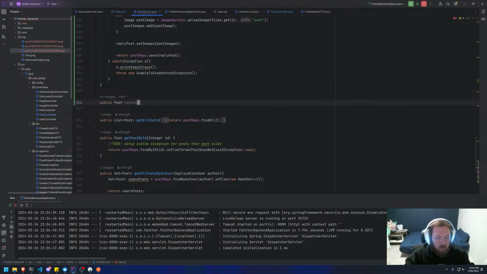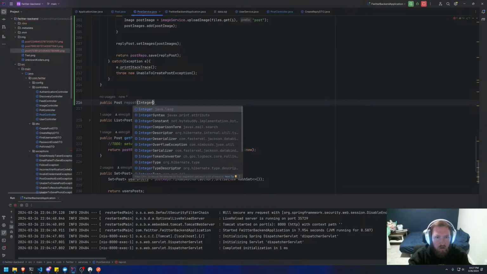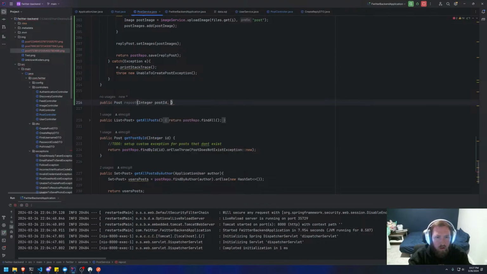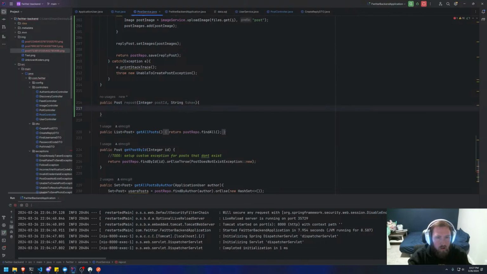So I don't remember how we do get user from token. I'll have to go back and look. But maybe we bring in the string token or something. So let's just pass in the ID, I guess. So this will be post repost and integer post ID and string token, right? And let's say application user